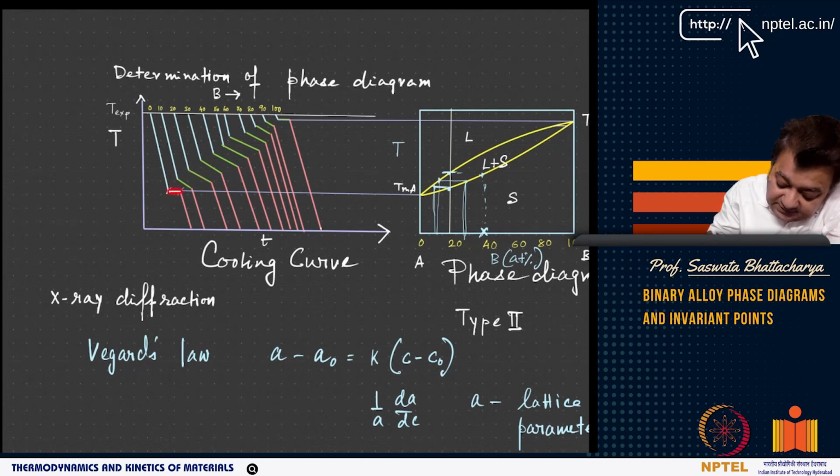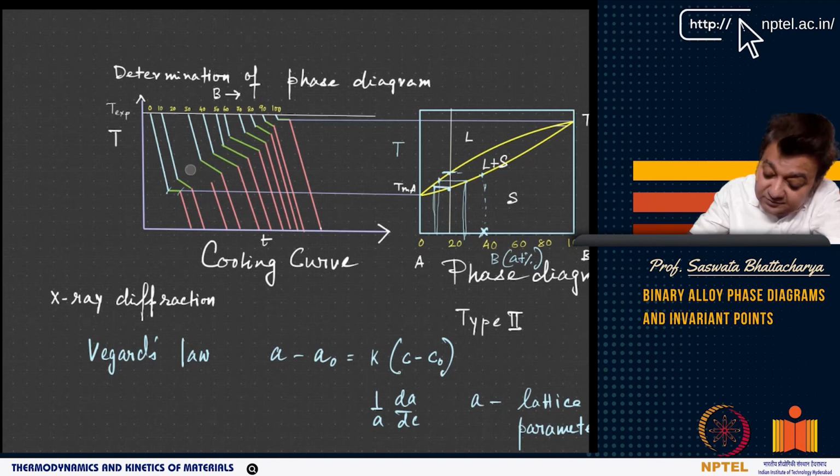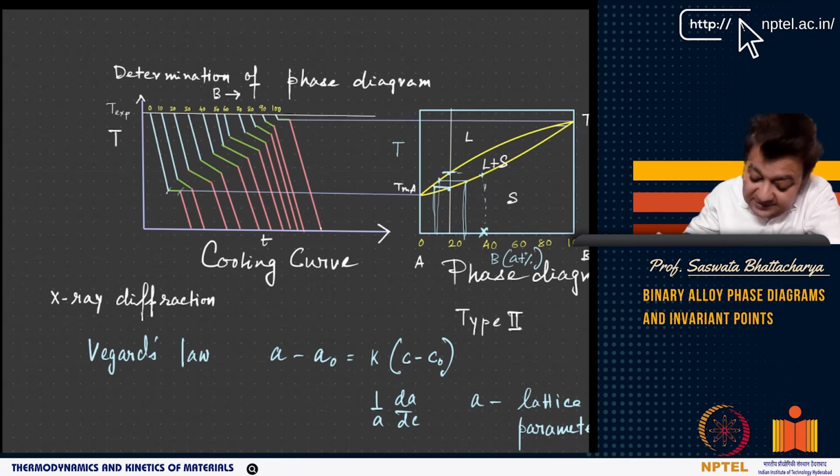This is because in this cooling, there is a continuous composition change. So when you are looking at a solution containing 20 atomic percent B, you never get a horizontal line here, but this liquid plus solid coexistence, right? Here also this represents liquid solid coexistence. However, this liquid solid coexistence is continuously sloping, right? It has a slope. So why is that slope there?